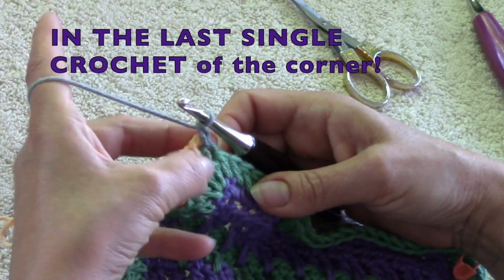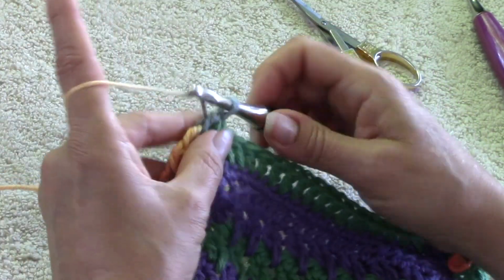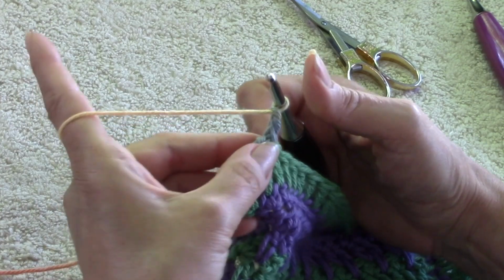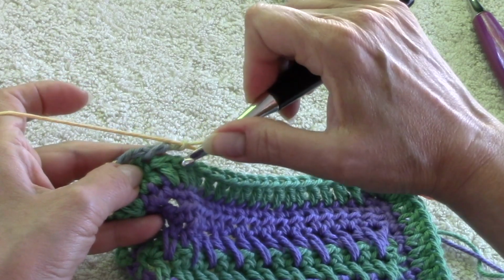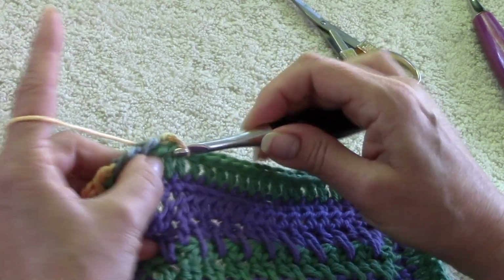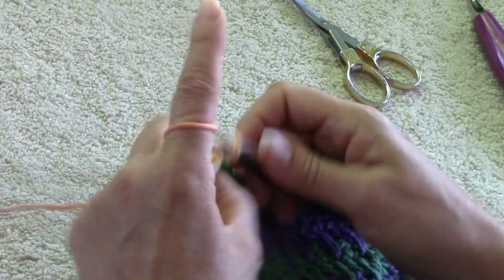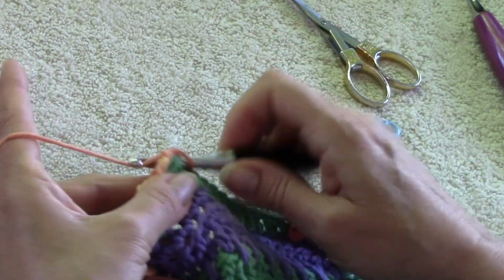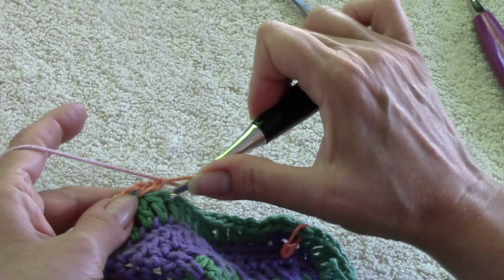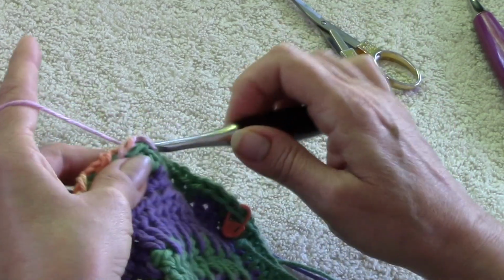double crochets. Now we're going to chain 1, skip the next, do your reverse single crochet in the next. Gosh, that's a mouthful. And this is what you're going to do all the way along, again, this next side. Chain 1, skip 1, reverse single crochet. Chain 1, skip 1, reverse single crochet. And we're going to do this all the way down along this edge. Okay, and I will meet you just before the end and show you what we do when we make that